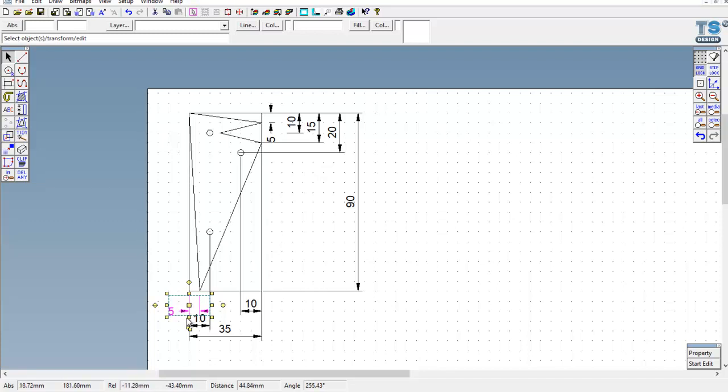Now the reason I've done the 5 with the number on the outside is just because it's hard to read sometimes when you've got that in the middle of the line. It's so short. And now I can actually move the 10 a bit further down as well, maybe make it level with the other one or thereabouts. Okay, now again with the engineering drawing, which we'll do in a second, what we would normally do